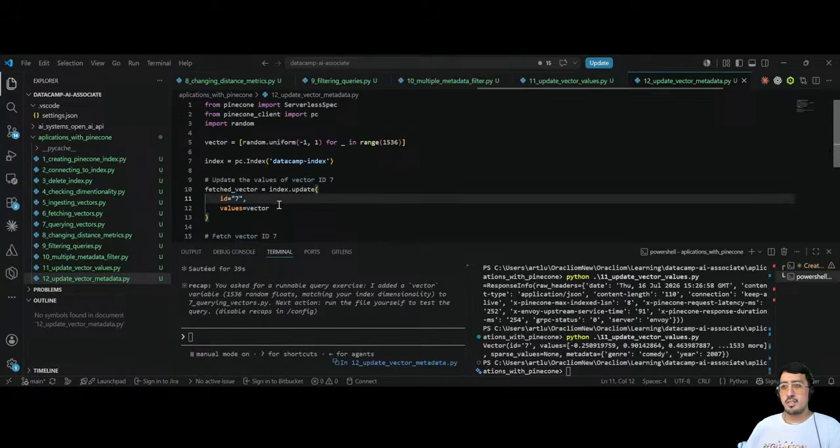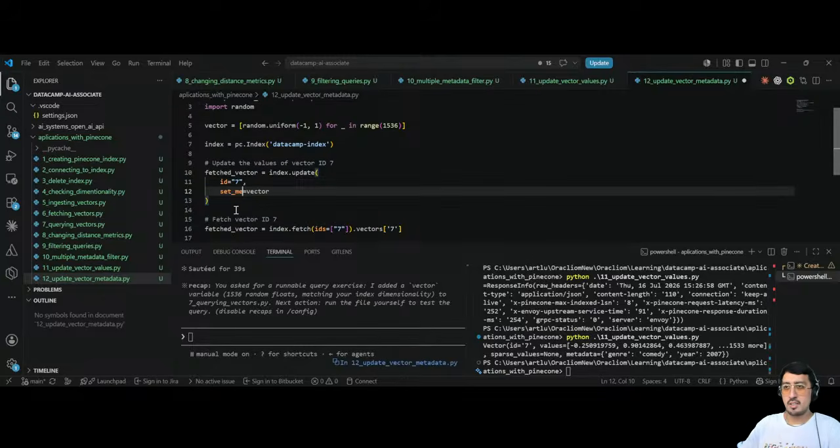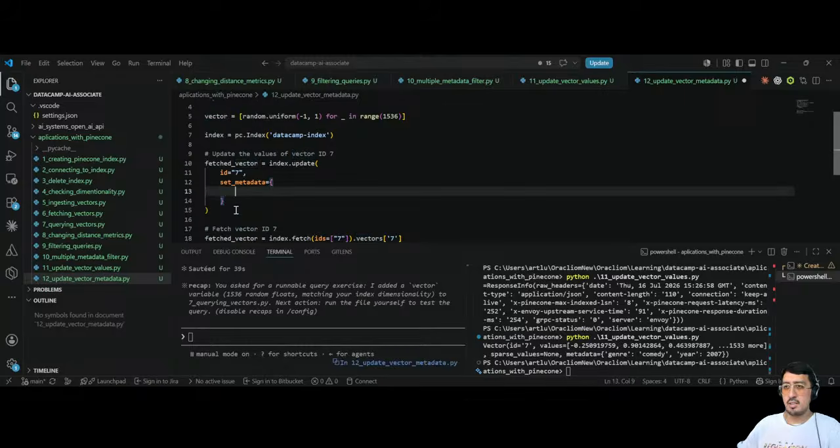This is not a vector, so I need to call now the set metadata, and this is gonna be a dictionary, and in this dictionary is gonna be